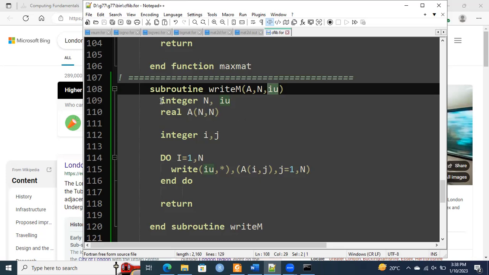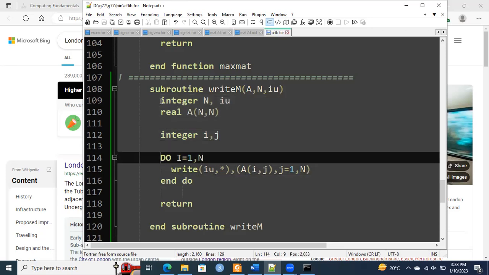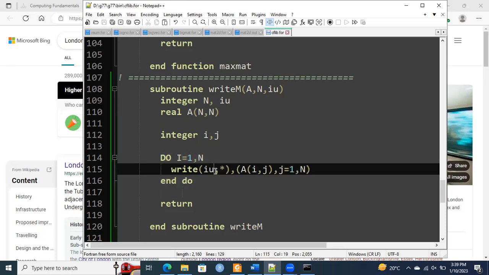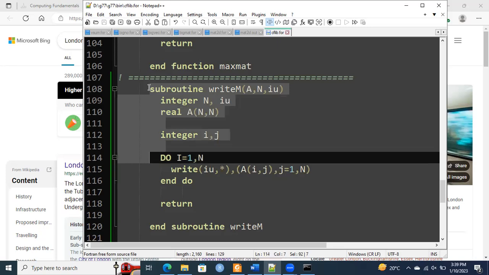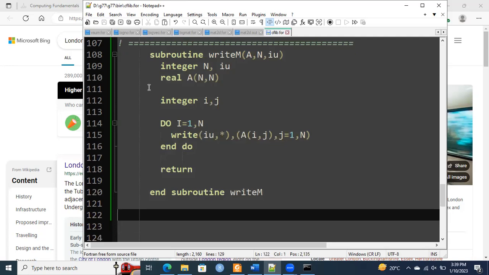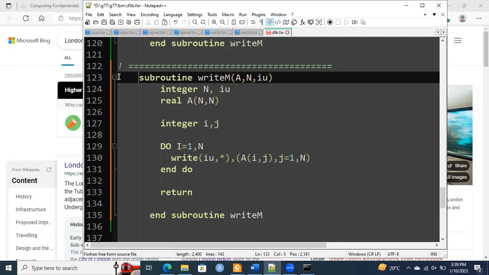Here is the definition of the variables in subroutine, and then to write the data on the unit file IU. On unit IU, it writes out the data. So on similar lines, we can develop a subroutine that can read the data which is on a specified unit,